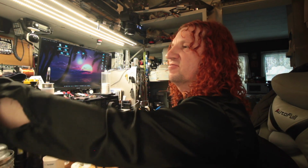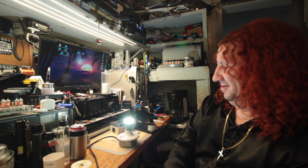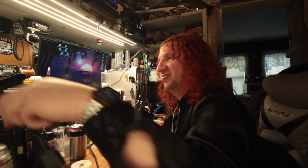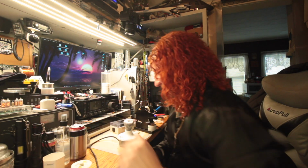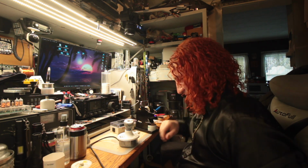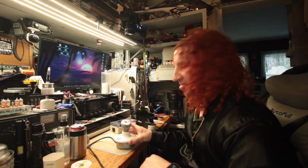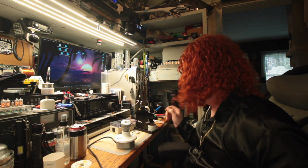Just playing around, trial and error. Probably won't work. Oh, there it goes. Just got to get the connection right. So, at least it's got some kind of voltage regulation in this thing now. It's not the prettiest soldering job because it's impossible to solder on these things without